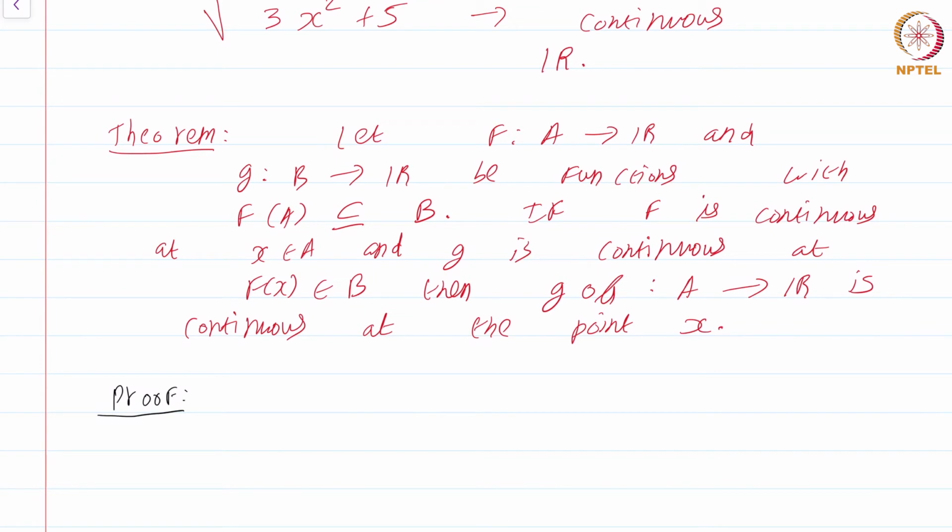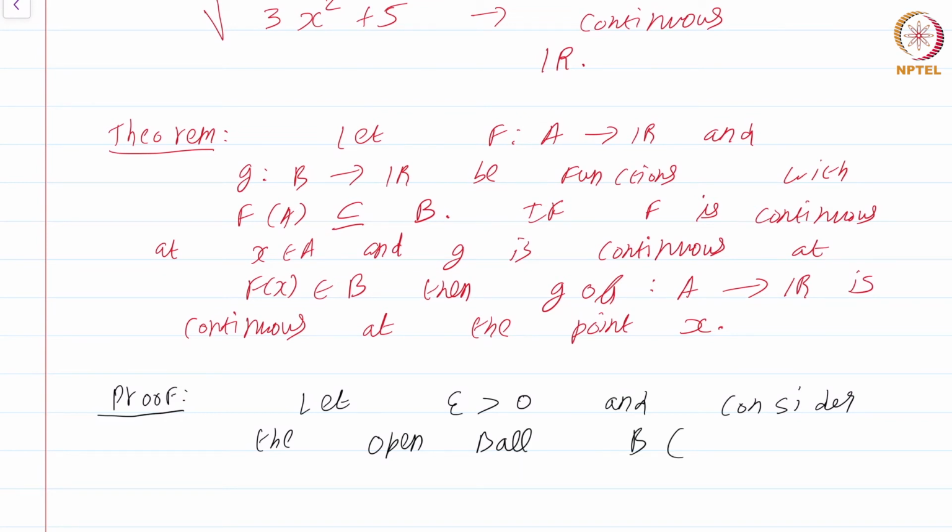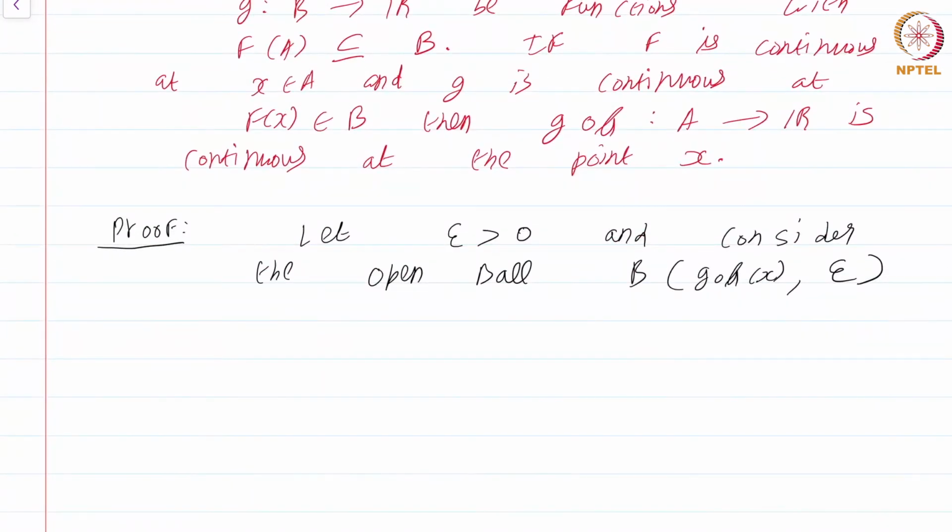This proof is best done using open balls around the point that we are interested in. Let epsilon greater than 0 and consider the open ball B(g composed with f of x, epsilon). Now, by the various characterizations of continuity that we have seen along with properties of limits, it is sufficient to show